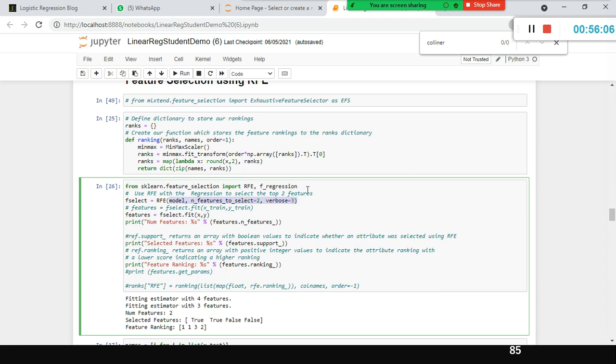What is the p-value? Okay, this p-value is less than alpha, fine, we'll retain it. What is the next variable? This variable's p-value is greater than the alpha value, hence you remove this one, right? It is, roughly speaking, a kind of backward stepwise regression.